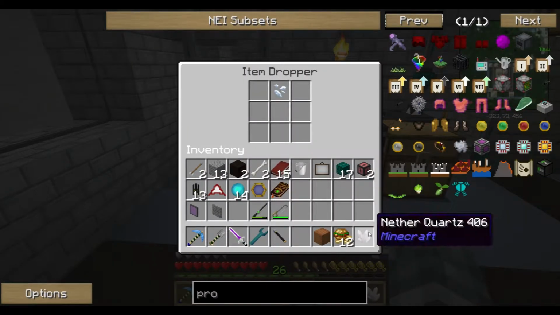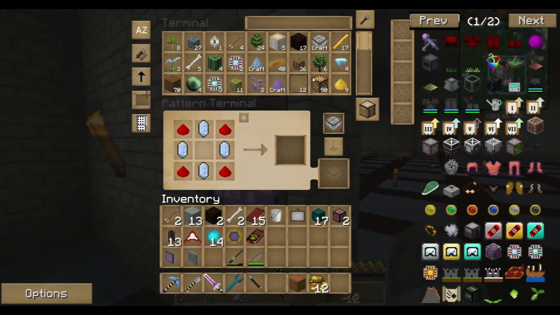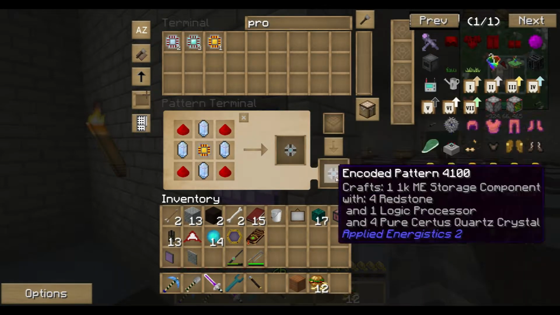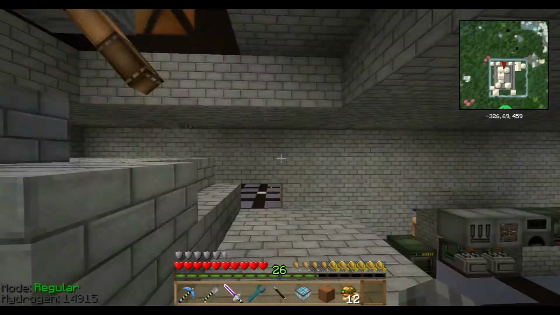One, 2, 3. Gone. All right. Now where was I? Ah, yes, processor. Boom. So now we can teach the system how to make these, which means if I go up here to the auto crafter